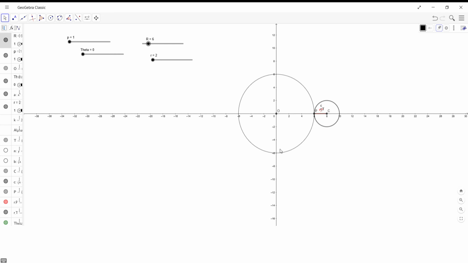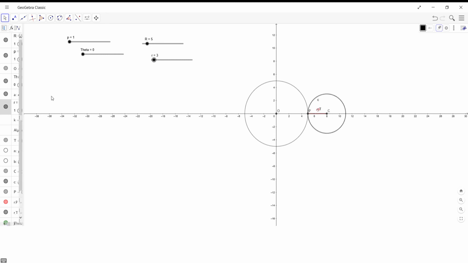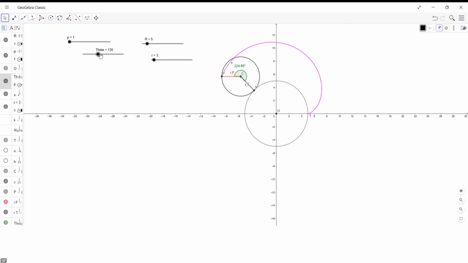So what we're really doing is using a slider that determines the radius of our circle O, and we have another slider that determines the radius of our circle with a centre at C. So here we have an angle TCP. This angle is increasing all the time, and the two arms moving cause circle C to rotate about O. So as we do this, we can see our point P being tracked the whole way around,